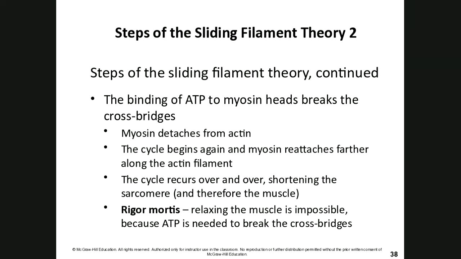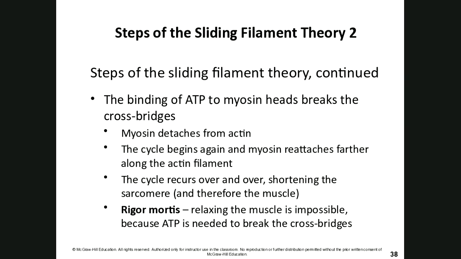Rigor mortis happens when the muscle is no longer able to contract after the body dies or passes on. After a person passes on, there's no more ATP available. So there's no more ATP to recock that myosin head or to detach the myosin from the actin to get it to go back to where it needs to be. That's where the stiffness of rigor mortis comes in. It's not permanent, and they can use how much stiffness is there to estimate the time of death for an individual. It's not permanent because eventually the calcium ions will start to diffuse away from